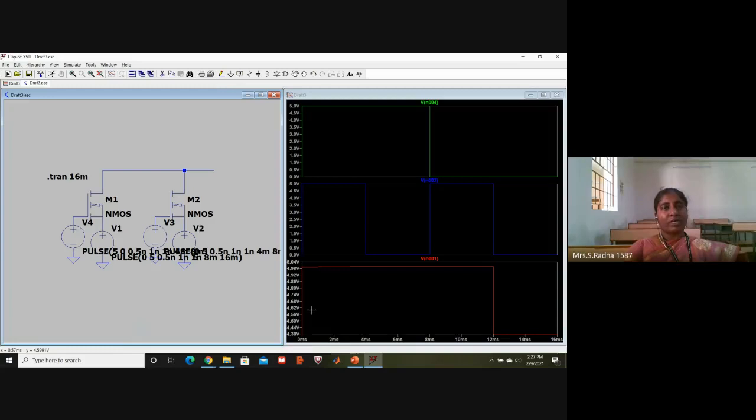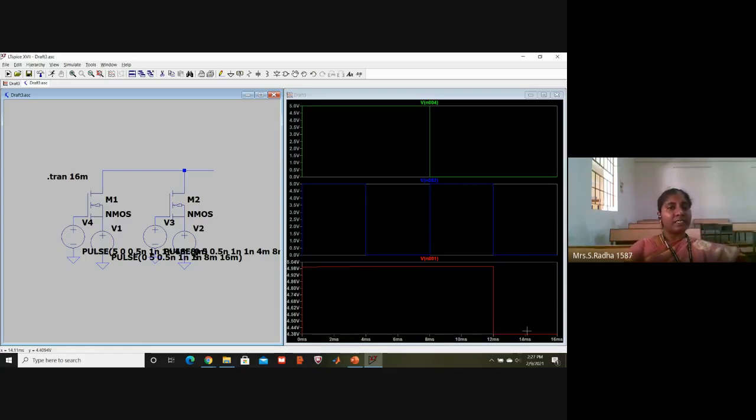You see here, what is that problem all about? Strong 0, weak 0, what is that problem all about? We are using NMOS transistor. And 1 means it is coming 4.98. It should be 5 volts, isn't it? It is coming 4.98. Logic 0, you see logic 0, what is the height? It is 4.38, which means weak 0. 0 is not exactly 0 volts. 4.38 volts is considered as 0 volts. This is the disadvantage in pass transistors.